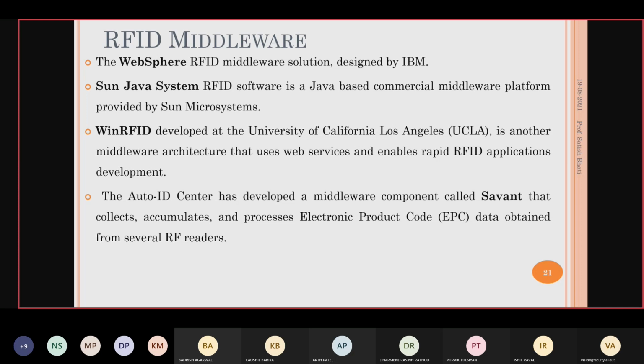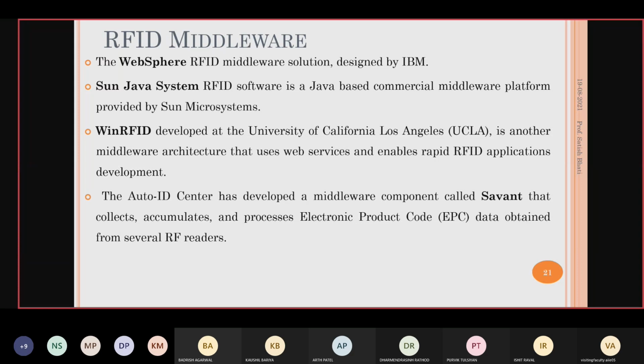Then one more example is Savant, developed by the Auto-ID Center, and this Savant is very popular. It collects, accumulates, and processes the EPC data, the electronic product code.